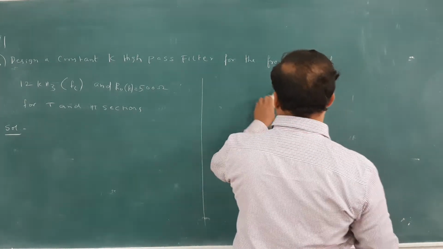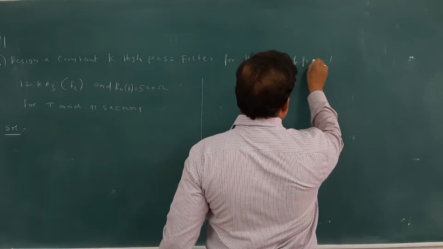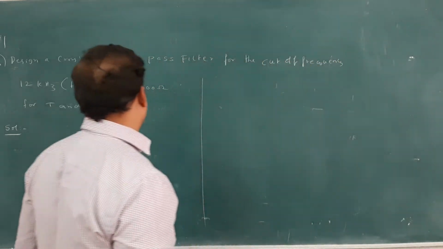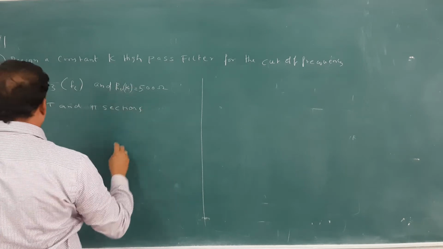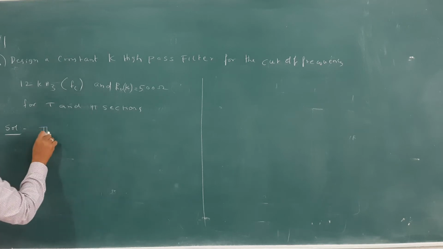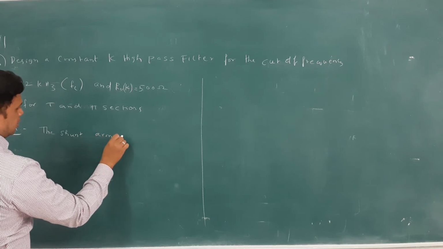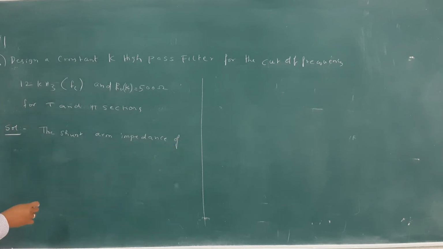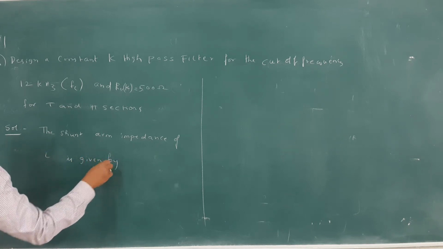Now if you see here, the cutoff frequency given is 12 kilohertz and R0 is equal to 500 ohms, or K also is 500 ohms, the design impedance or nominal impedance. Now we will see the shunt arm impedance of the value L is given by